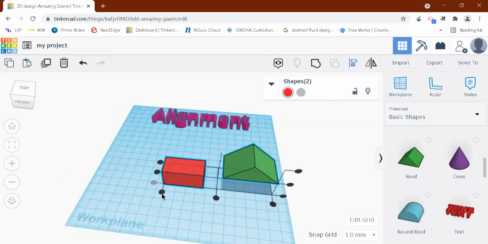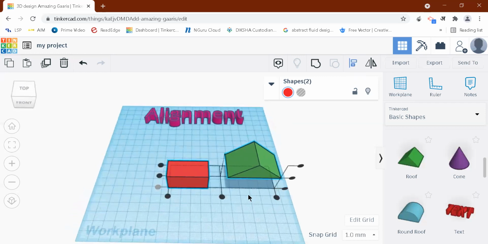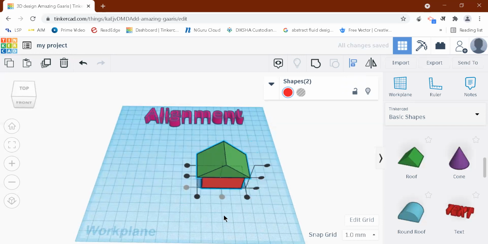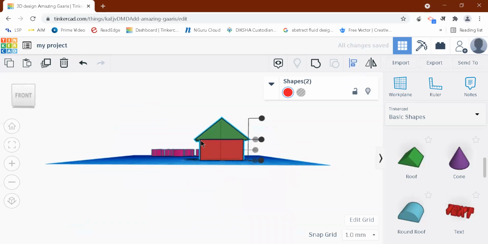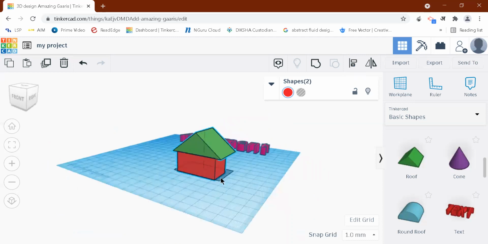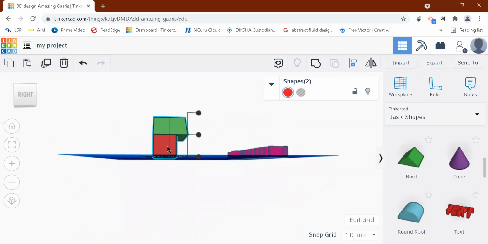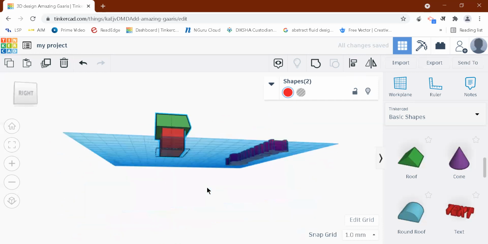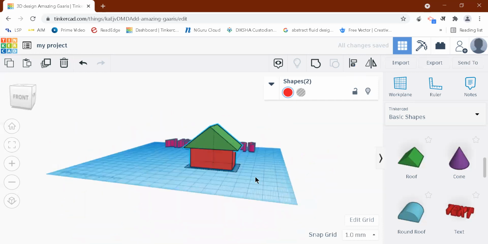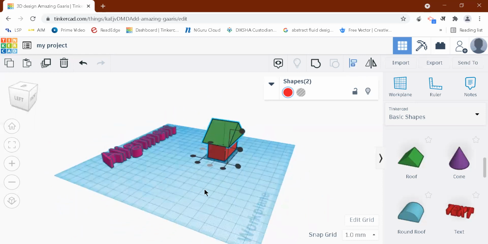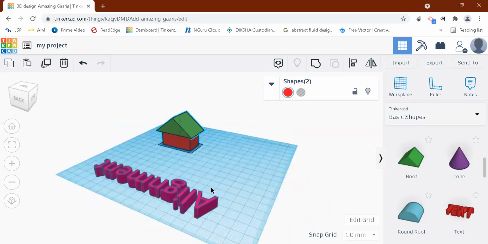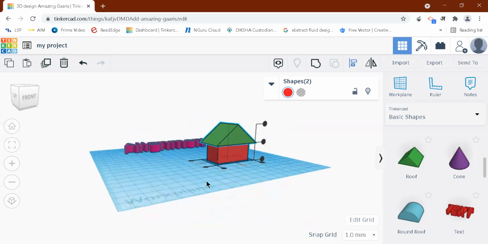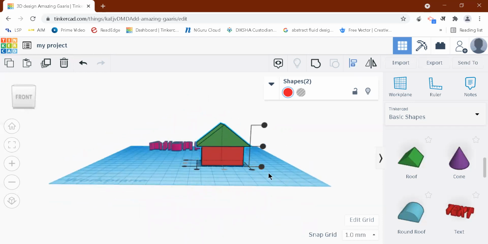It starts showing you some black dots. This is basically the center from this side. Just click on it. Now you can see it is exactly in the center. But it is not centered from this direction. So again, there is one black dot for the center here. You click on this. Now you can see that this is a heart, and the roof is exactly in the center. So in this way, you can design a heart.